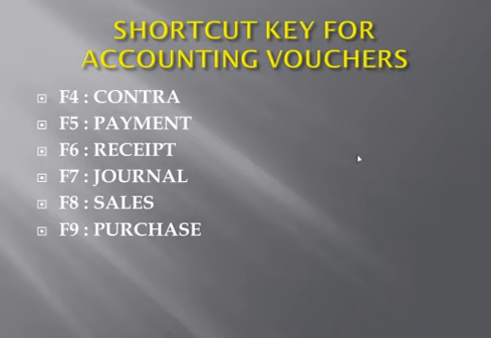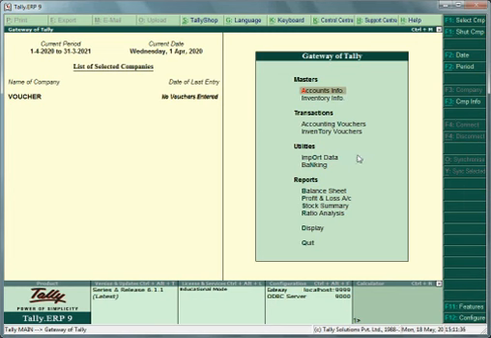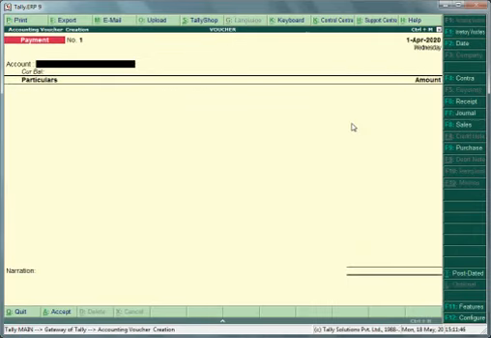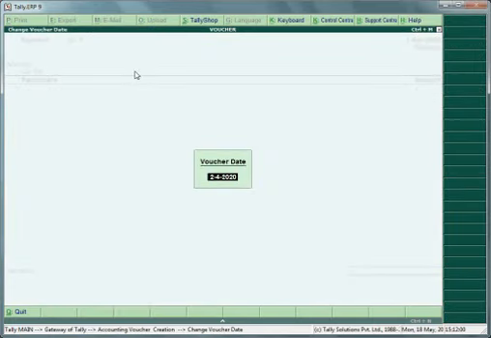Now we come to the Tally screen. Here, by clicking the accounting voucher icon, we are directed to the page called payment. So this is the page for payment voucher. Now here we have to put the date of the voucher by pressing F2. I give a date here, say 1st April 2020,